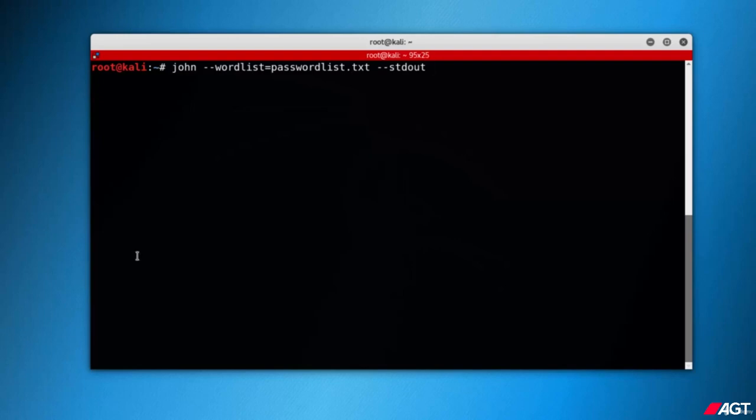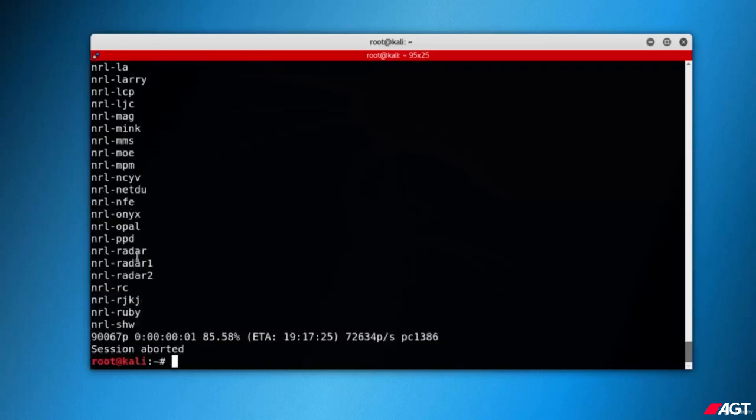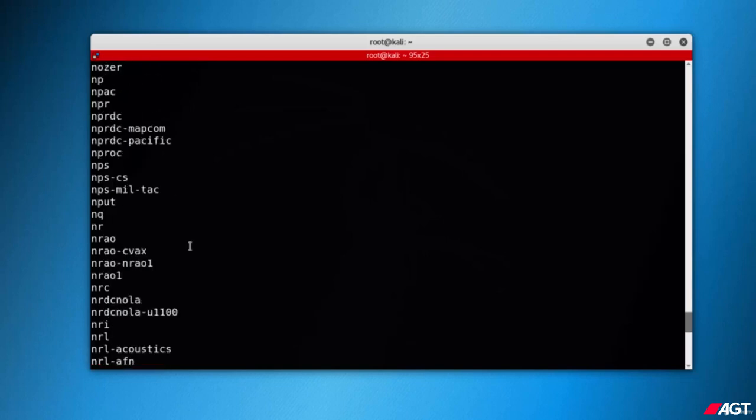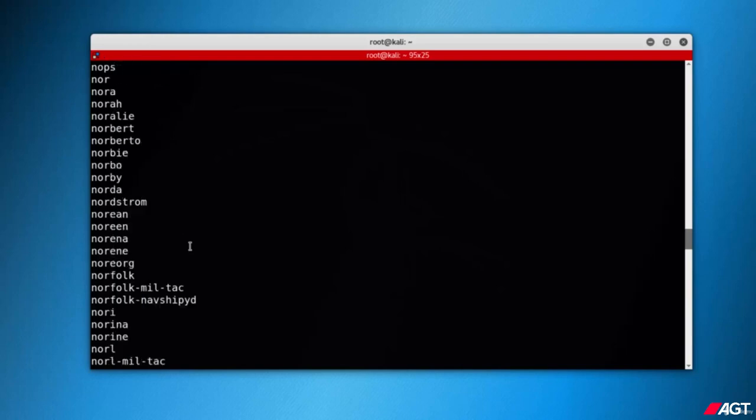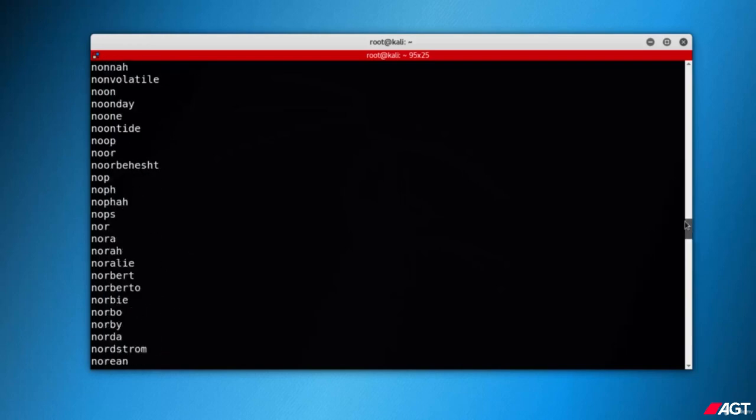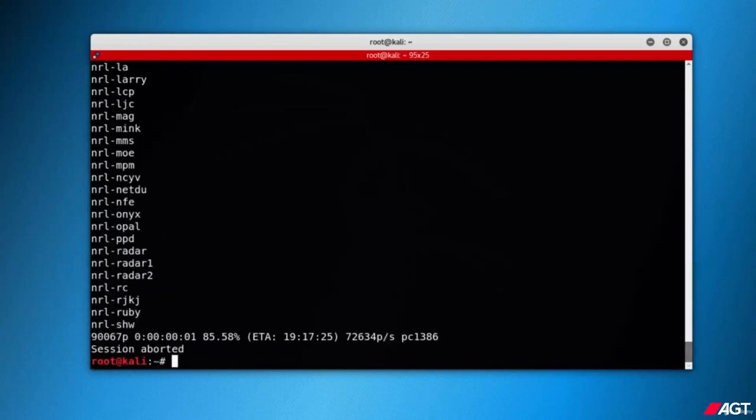So let's just try it. So as you can see, it's just echoing out all the passwords on the terminal. So let's just clear out,